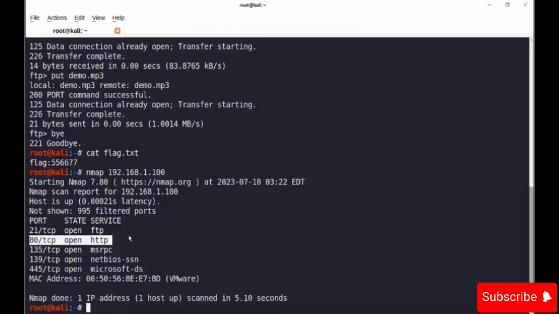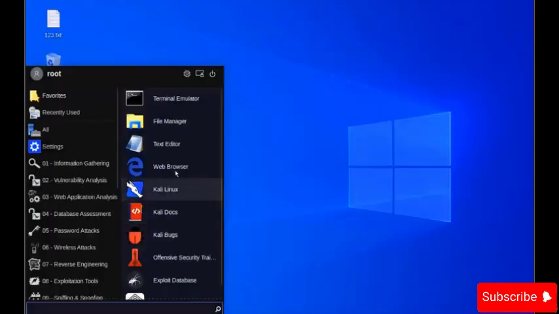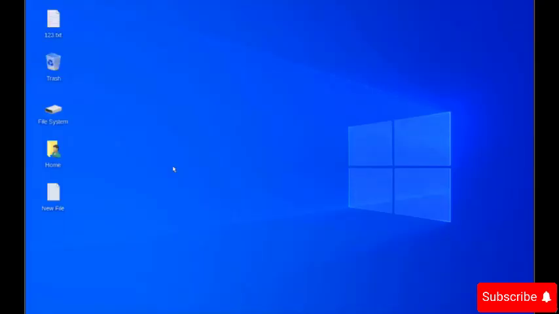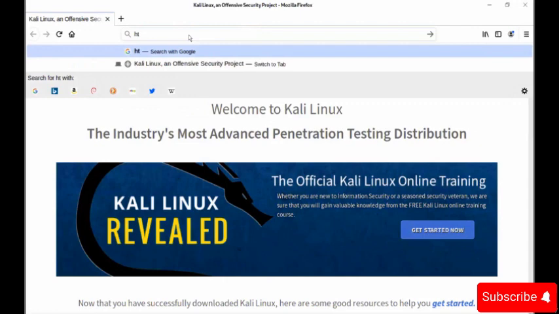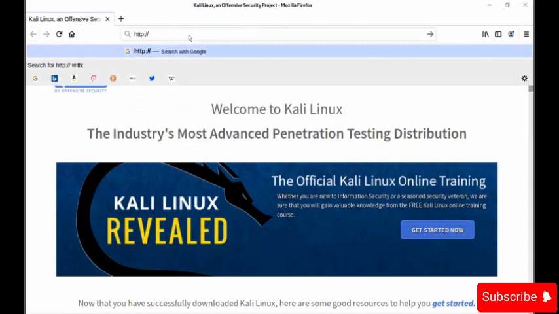Now we will test if the website is functioning for company purposes. So for this, let me close the terminal and let's open a browser. Here we have Internet Explorer. So here in the URL we will type the IP address, so http://192.168.1.100, hit enter.